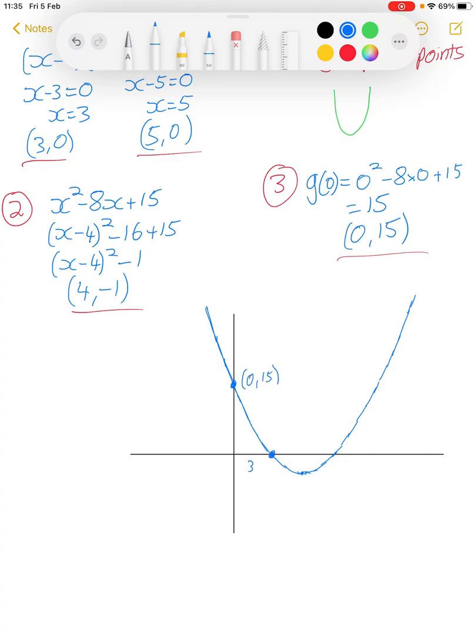I know my first root was 3, 0. The second root is 5, 0. And the turning point down at the bottom here is 4, negative 1. And I'll just annotate this as g of x equals x squared minus 8x plus